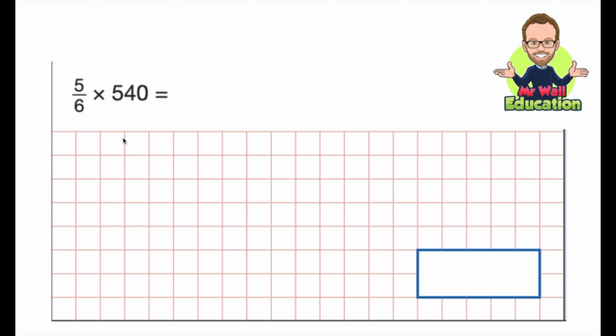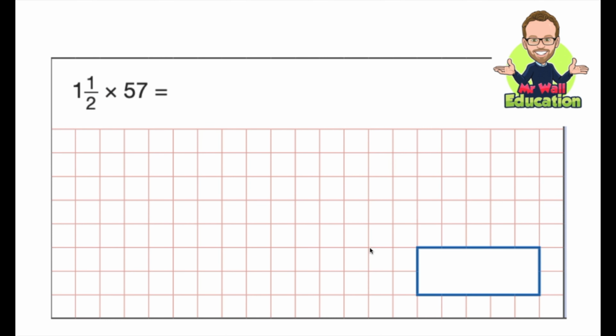The same rule applies for this question. 5/6 multiplied by 540. We are just going to multiply these two numbers together and keep our denominator the same. Now you could do column multiplication for this, a written method. What I'm going to do instead is I'm going to do 10 times 540, which is 5,400. And then I'm going to half it to get my answer. It's a quick little trick. So half of 5,400 is 2,700. And remember, we need to keep our denominator the same. So it will be